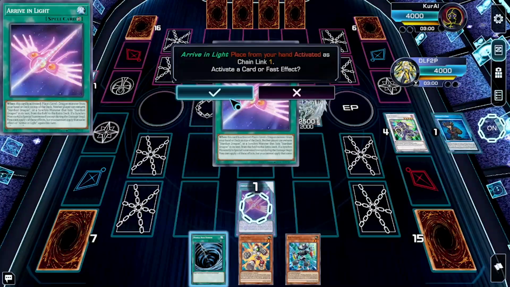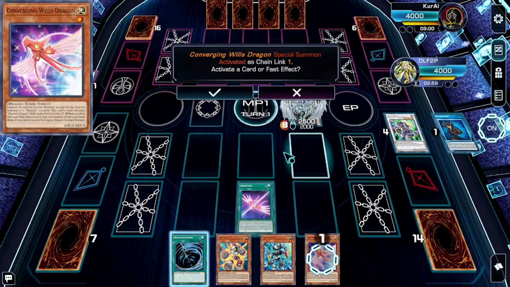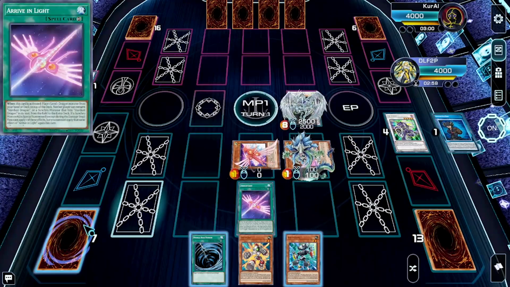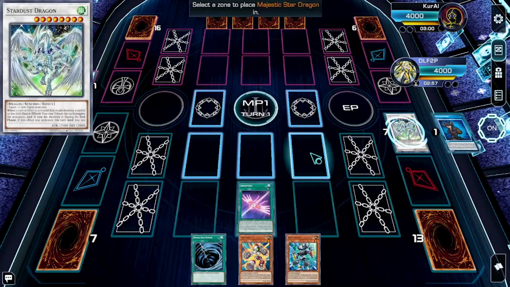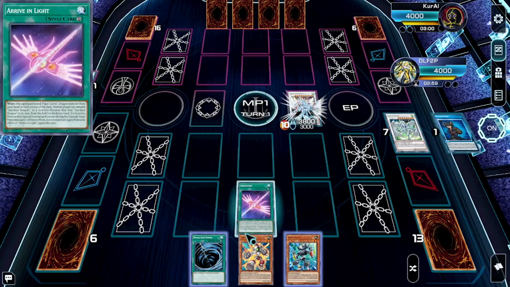And that will trigger Arriving Light. We'll draw a card, and then when we draw a card, we can activate the Converging Wills Dragon's effect to special summon itself and one level 1 Dragon monster from our deck. Now we have the necessary materials to make a copy of Majestic Star Dragon,